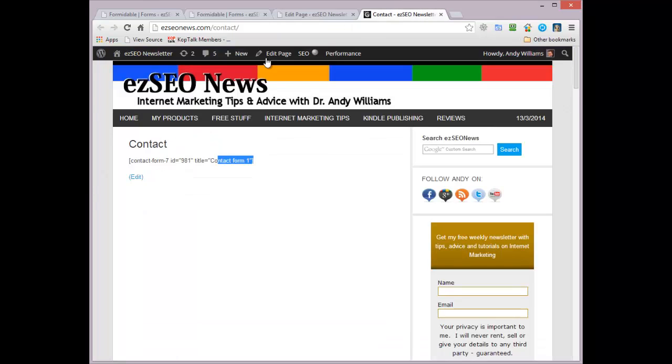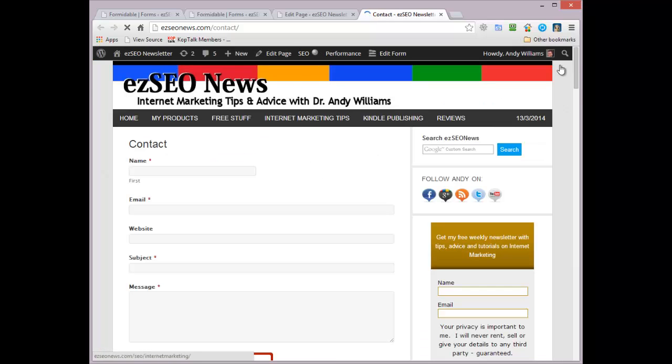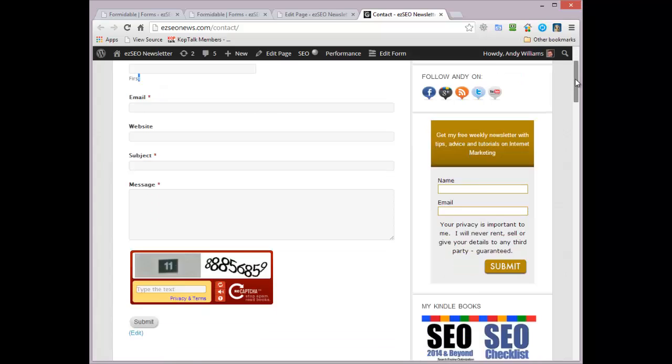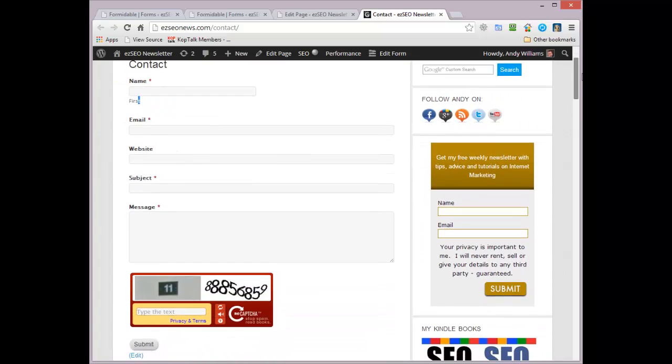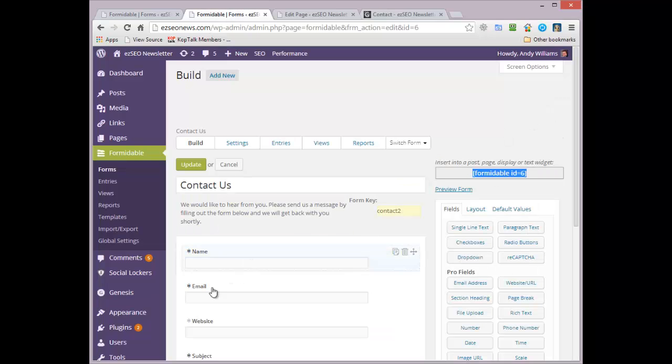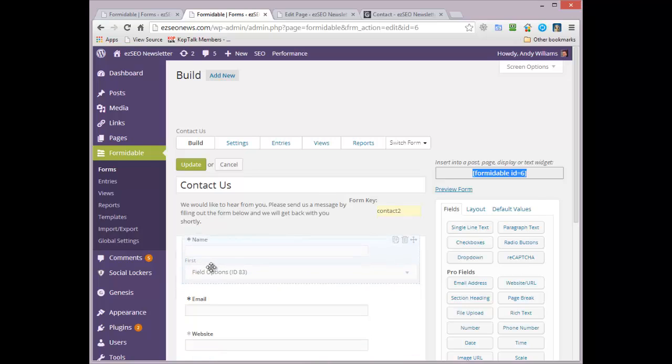And then if we go over to the contact page, I can refresh, and we should have the Formidable Pro form. Here we go. Okay, we've got some unwanted text there, but that's easy enough. Got the form, room for the message, and then a submit button. Let me just go back to the form and see if I can. Here we go. First,